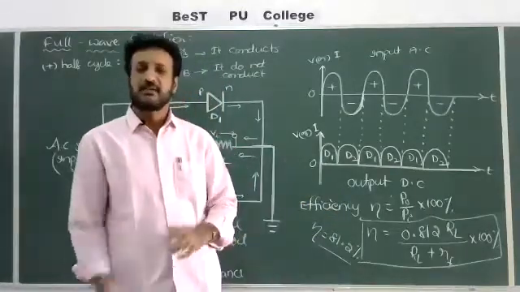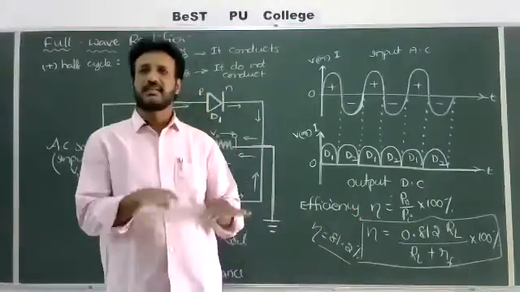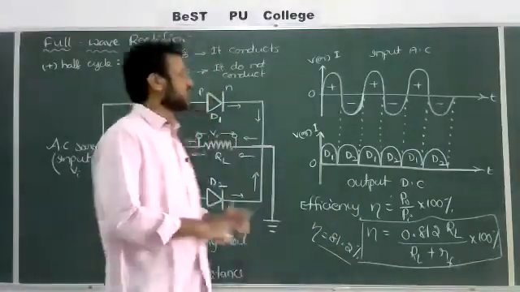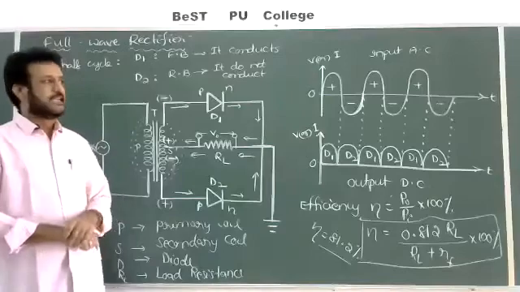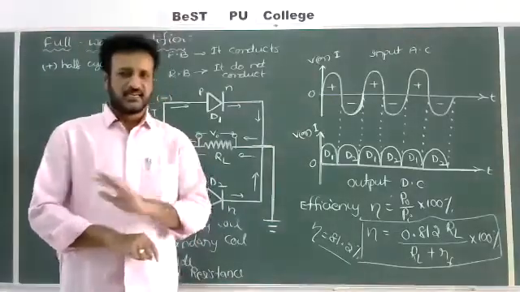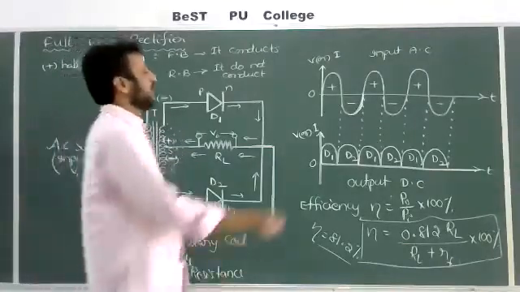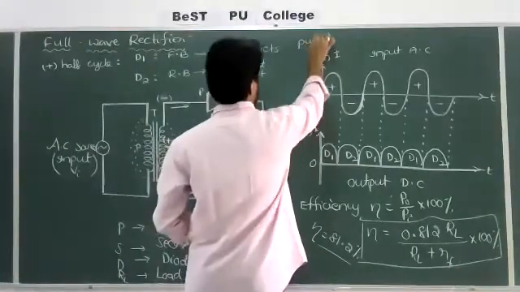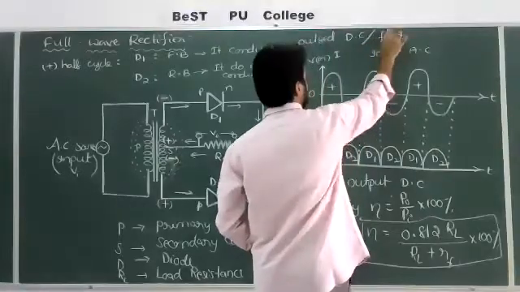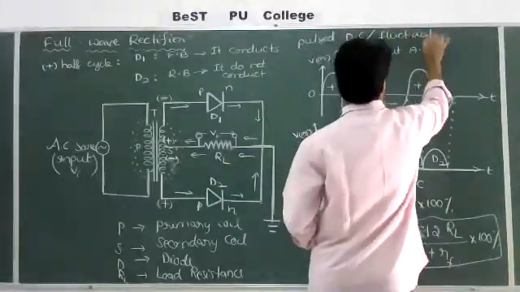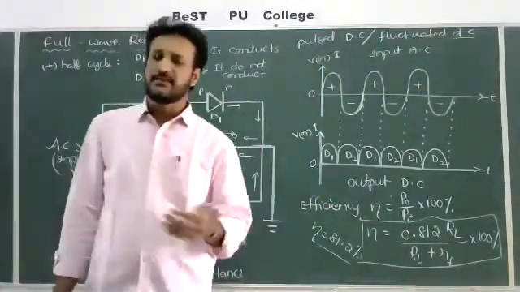So almost we are taking it, but the remaining 19%, what will happen? Approximately 19% contains ripples, both AC and also DC. So in case of the half wave rectifier or full wave rectifier, whatever output we are getting is not a pure DC. It is not 100% DC. It is only a mixture of AC ripples and DC. That's why it is called pulsated or fluctuated DC. So it is also one mark important: pulsated DC or fluctuated DC. Pulsated or fluctuated means the output DC contains some of the AC ripples.